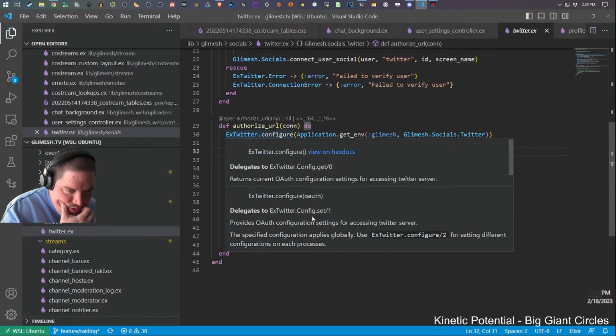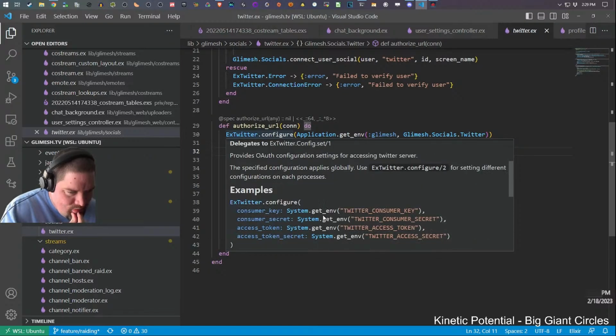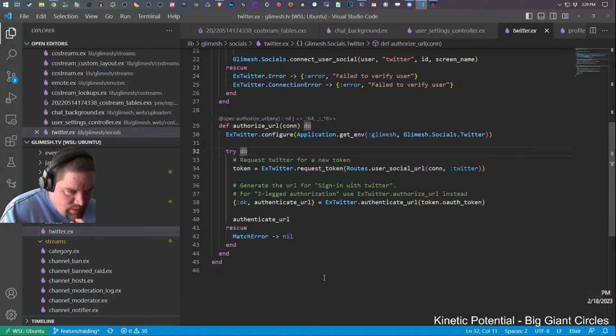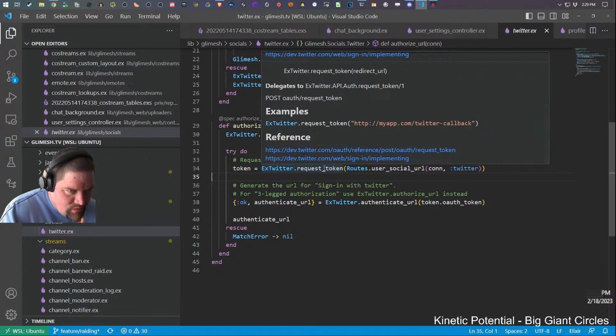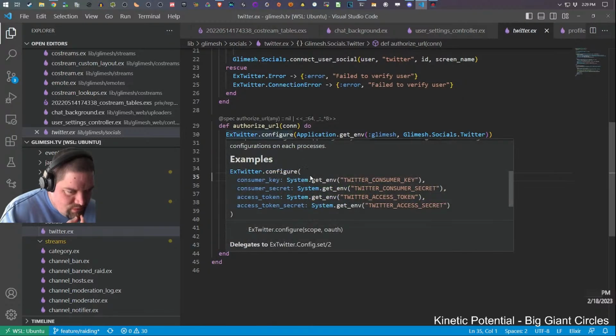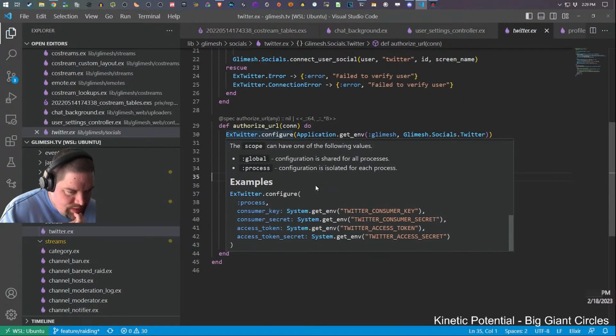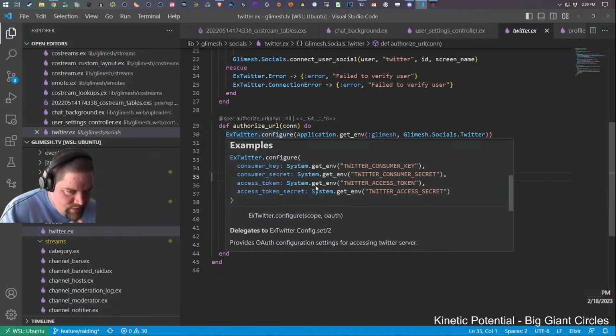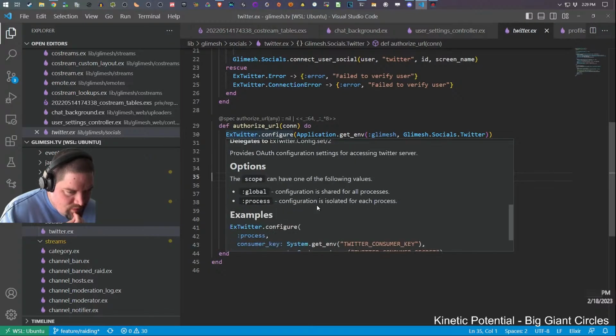What is that? That's just configuring it, right? It's not actually going out until it does a request token, right? Yeah, post OAuth request token. This one is just setting up. He's just putting the settings in there to be able to do the OAuth, which